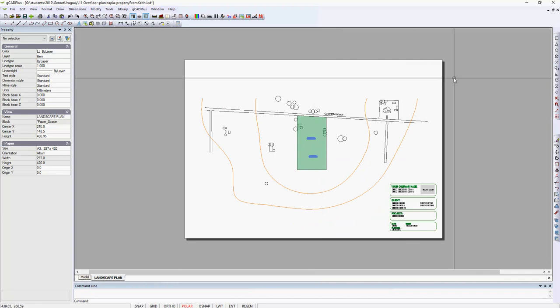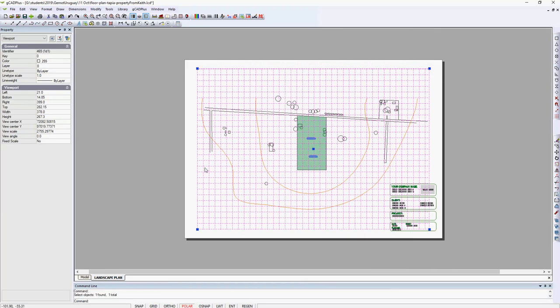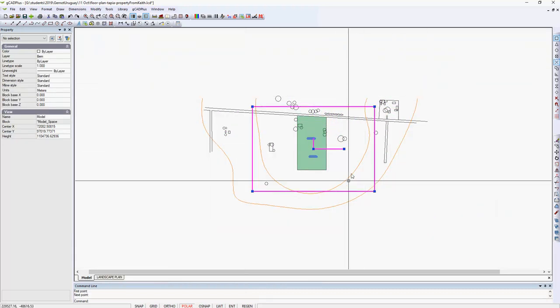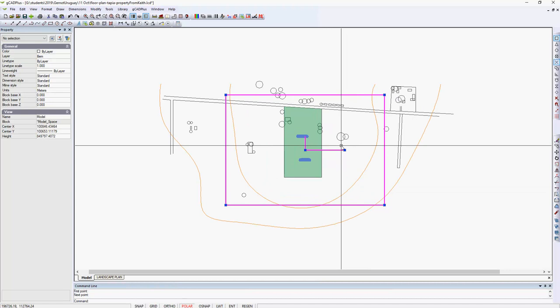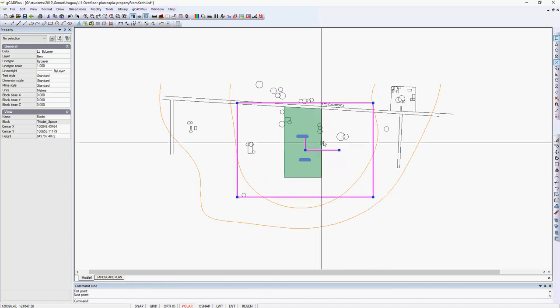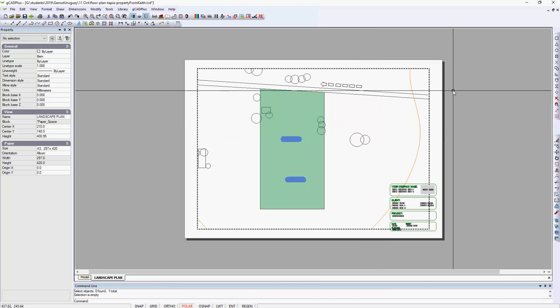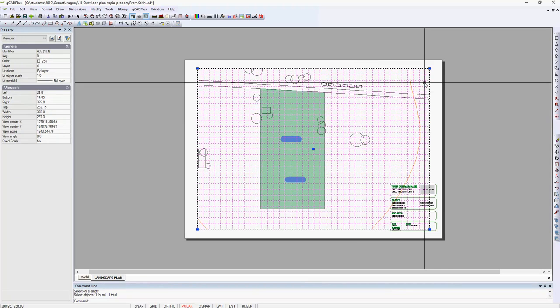And now when we pick our floating viewport, and if we look over here in the properties box, the viewport scale is about 2,500, so that's clearly much higher than we need to work with here. So let's double click again and come in like so, and we're reducing the view of the site and display that on the layout. And I'll just double click in there to